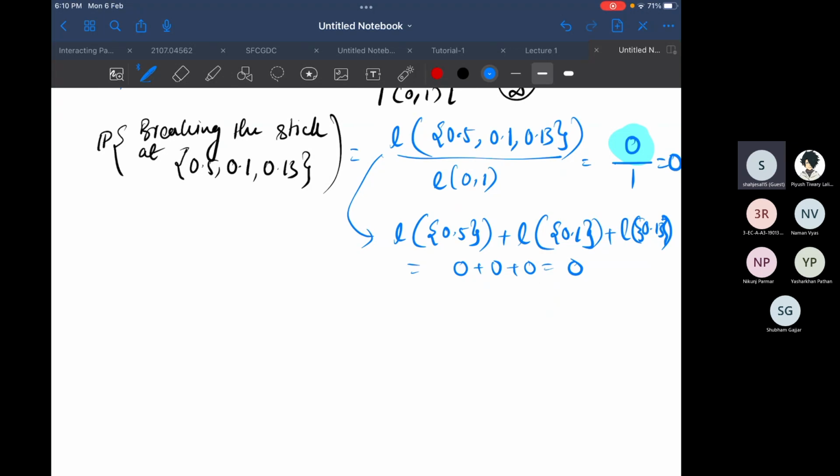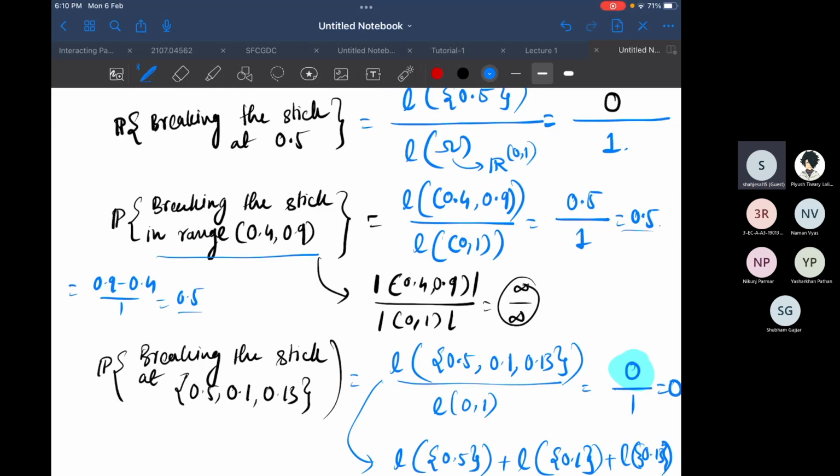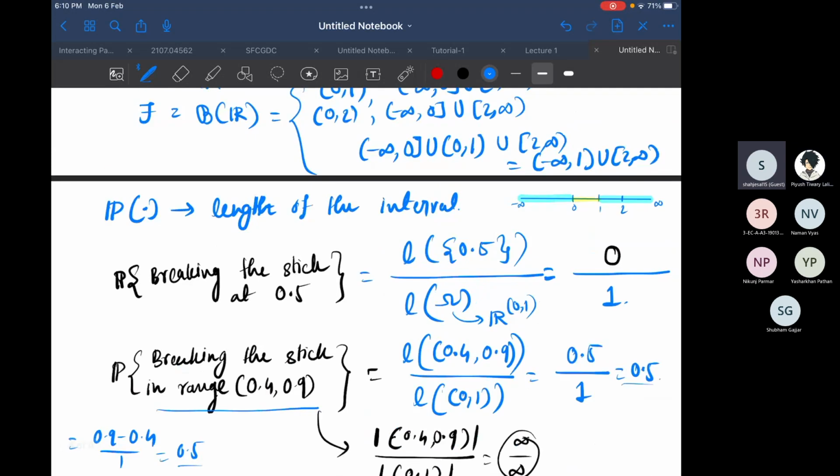Once I put it into the ratio, into the formula, the length of the interval upon the length of the total, what does this ratio now signify? What this ratio signifies is what we call probability, basically. What we understand from probability is this ratio: relative to the entire sample space, how much measure is assigned to the set that is of my interest.